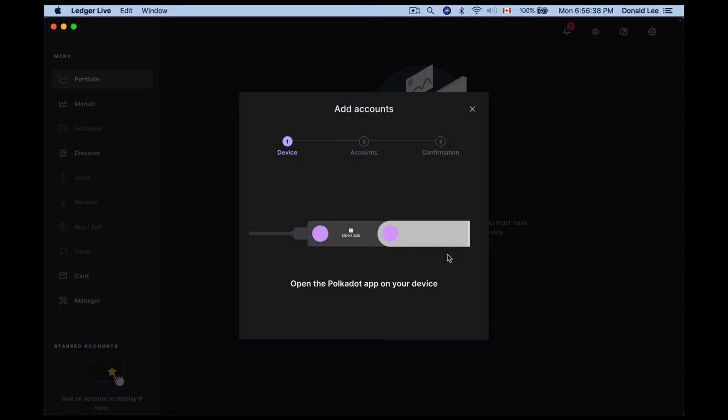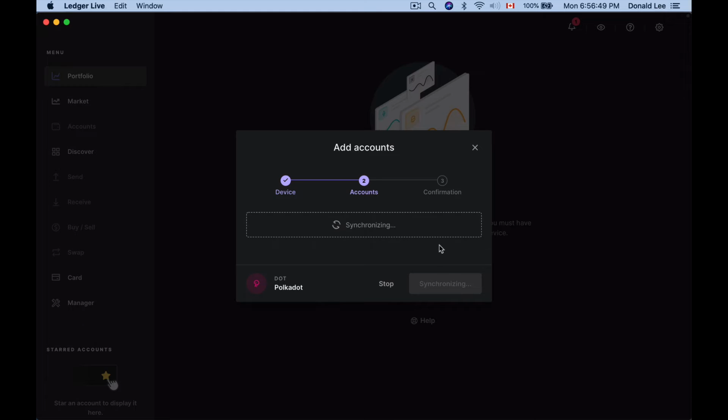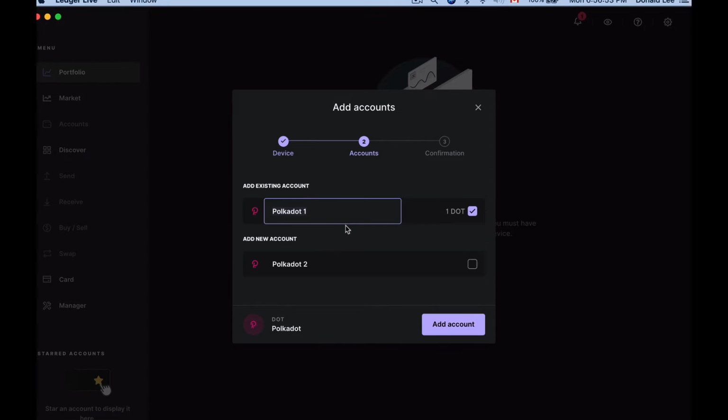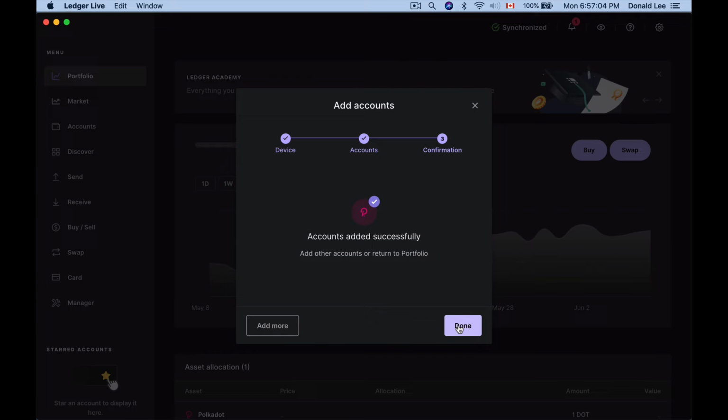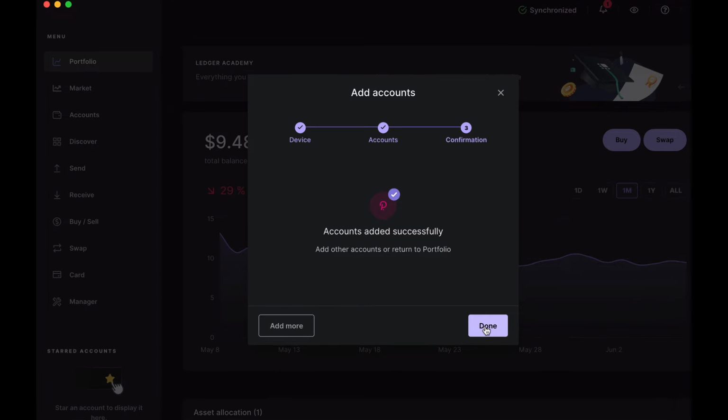So after you've clicked add account, you go to your Polkadot app on your device. It will synchronize with your Ledger and Ledger Live and it will give you options. So I already had an existing account, so I could just click add account, or I could even add a new account. So it will say add accounts. So we can go add both of them, and accounts have been added successfully,